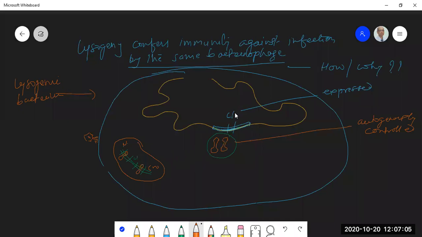CI gene, please remember, the CI gene product, or the CI gene, is trans-acting. It functions by coding for a diffusible product. This is the diffusible product. In the majority of cases it is protein, in some cases it can be RNA also. Whereas the operator is cis-acting. The operator site functions by being recognized. Okay. So this is the mechanism of conferring immunity to the lysogenic bacterium. Sometimes in NET SET also they ask you this type of question. Okay. So this is all about bacteriophage lambda, gene regulation in bacteriophage lambda.